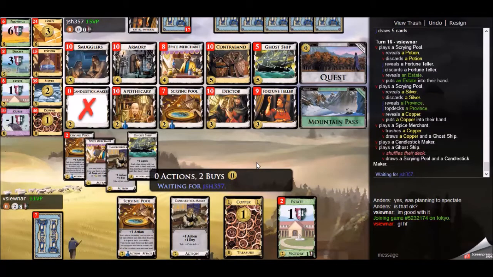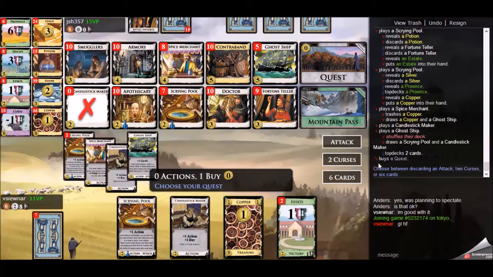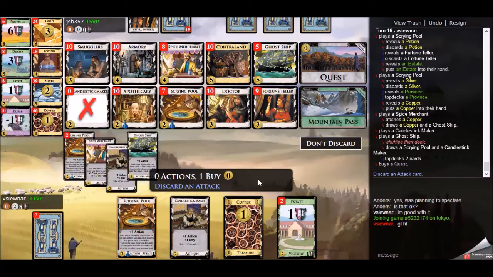And all the while, I can keep stockpiling my Candlestick Maker tokens and use the gold that I gain to buy things like provinces perhaps. So there's not a lot of things to buy if you're playing the Ghost Ship strategy. Anyways, still not everything is coming together here, but I am going to pick up a second gold with this